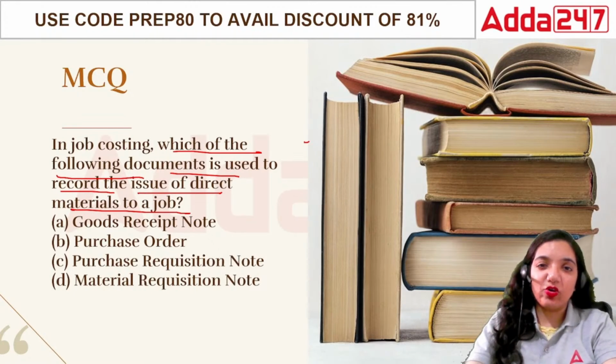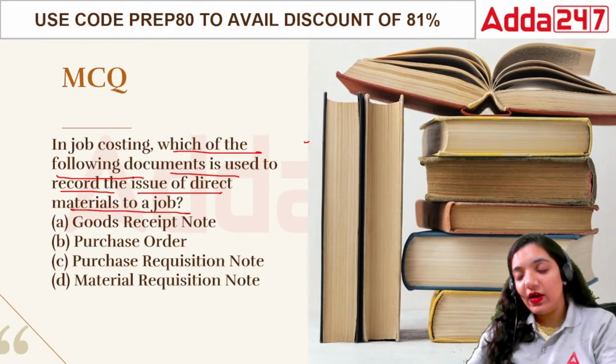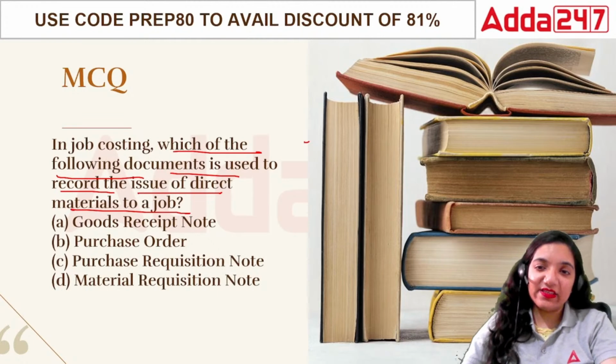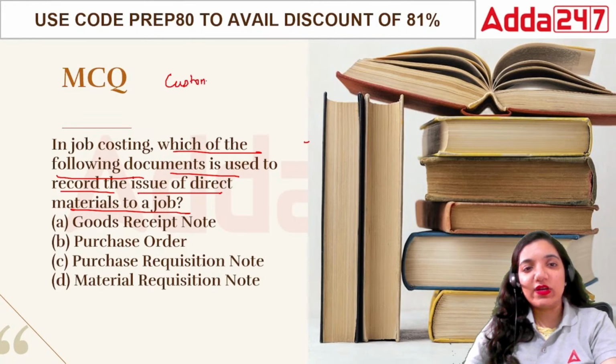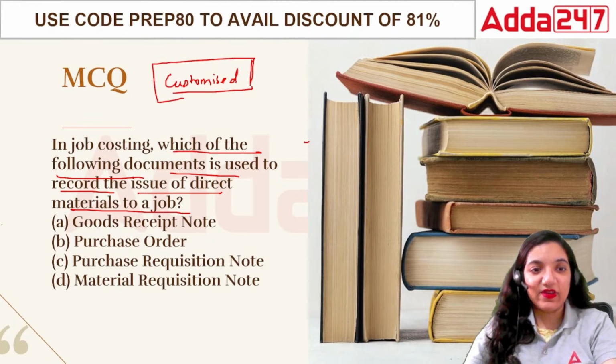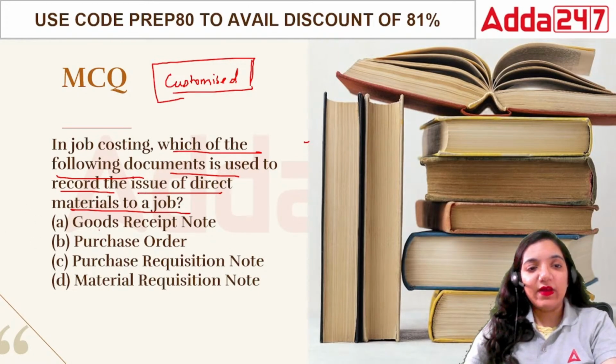See, job costing is basically a costing method under which we are customizing the work that we are doing. That means it would be based upon a customization. Okay, so that means I would be giving you a customized order, and you have to work upon that particular order itself. So the options are goods receipt note, then purchase order, then purchase requisition or